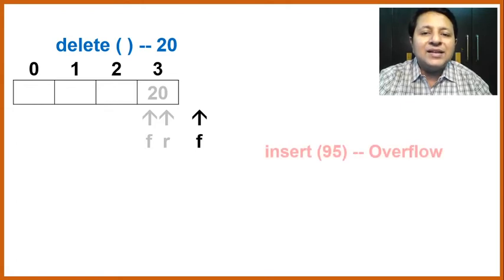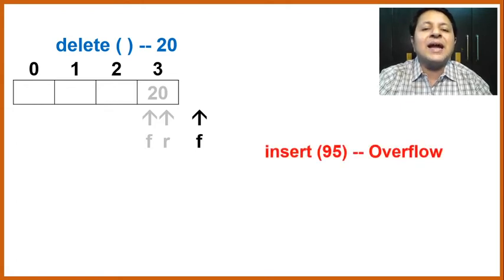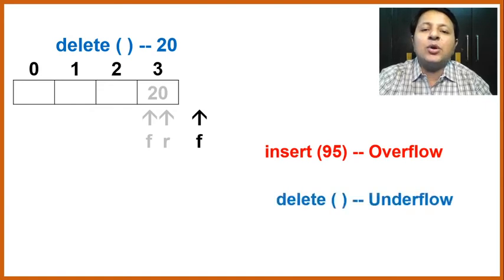And that's the reason, even if I say insert at this point of time, I'll still be getting overflow because my R is still at max -1. Are you getting it? And now the surprising part is you can't do anything, because if I try to delete, it is going to give me underflow because my queue is empty. So I hope now gradually you started getting the problem with simple queue.